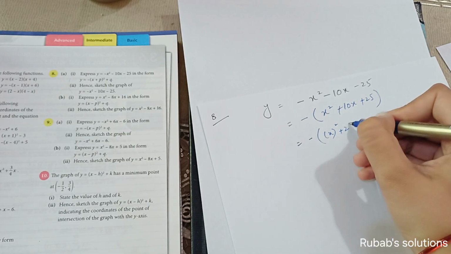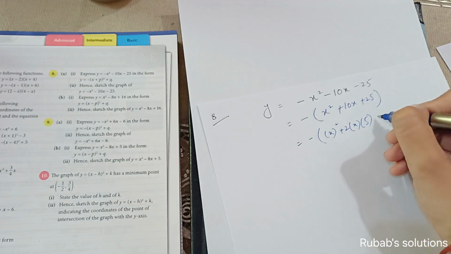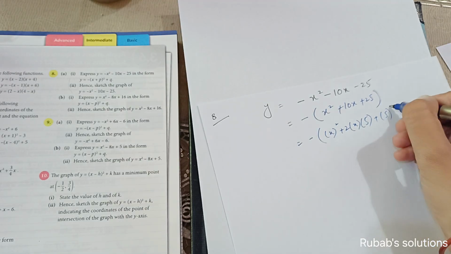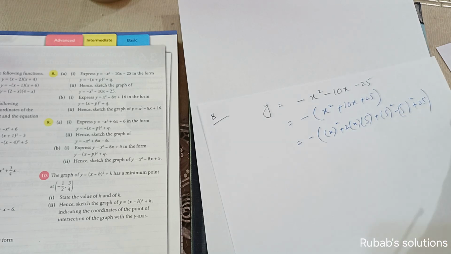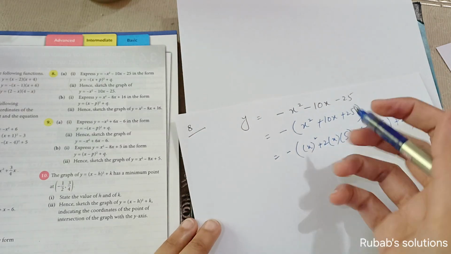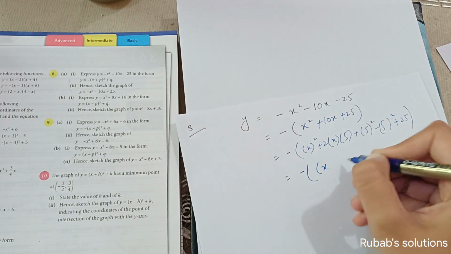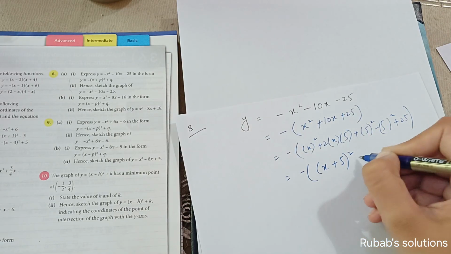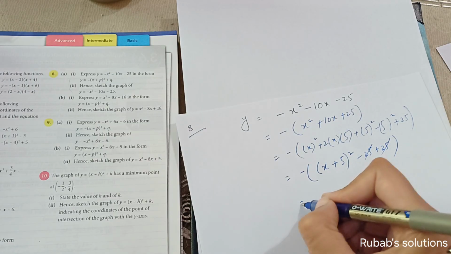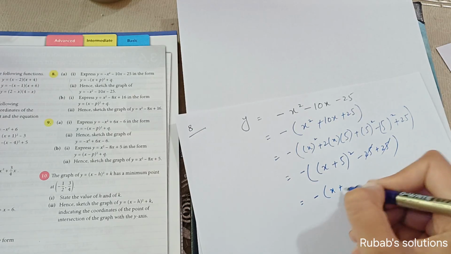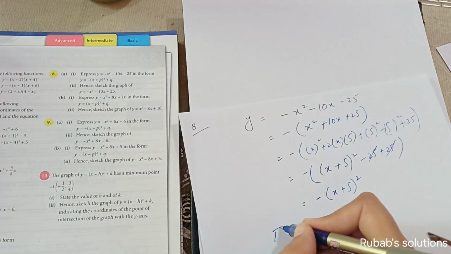प्लस 2 इंटू एक्स इज़ एक्स, ओबियसली b इज़ 5, प्लस 5 स्क्वेयर माइनस 5 स्क्वेयर, एंड दिस 25 विल रिमेन एज इट इज़. डायरेक्टली भी हम इसको कर सकते हैं बिकॉज आई नो दैट दिस इज़ एक्स प्लस 5 होल स्क्वेयर, बट अगर आपने मेथड शो करना है सो ओबियसली दिस इज़ x plus 5 whole square minus 25 plus 25, this will be 0. सो हमारे पास क्या बना, x plus 5 whole square. सो ओबियसली इसमें जो q है वो हमारे पास क्या होगा, 0 होगा.